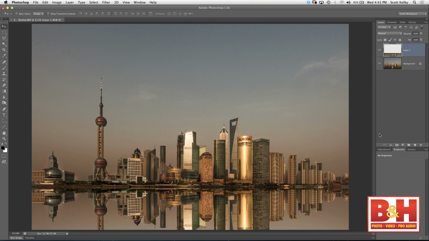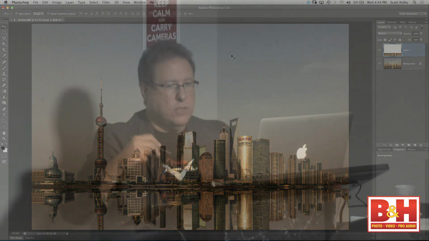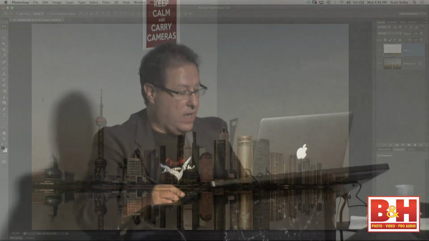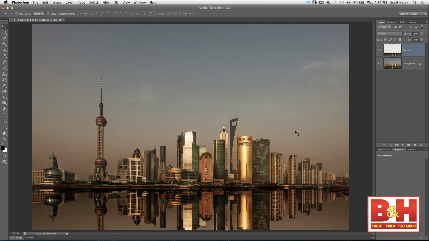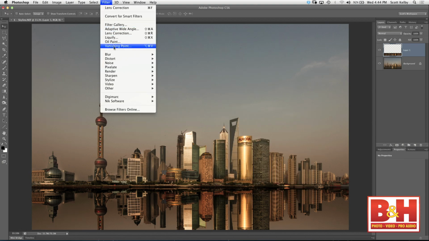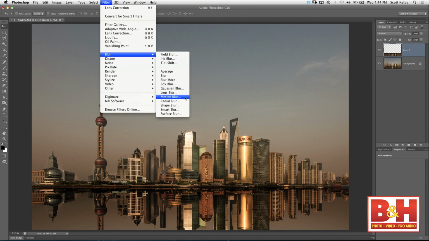So I'm going to give you some things to hide the fact that you just cheated like mad. So here's what you're going to do. First thing is, I always make the reflection darker. Just make it darker, any way you know how. You can use multiply, you can use levels, you can just go to levels and drag the midtone slider over, it's darker. That's number 1. Number 2 is, I then go to filter, blur, motion blur, and I add